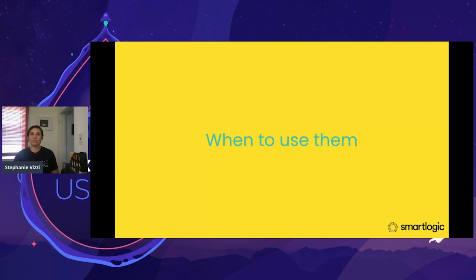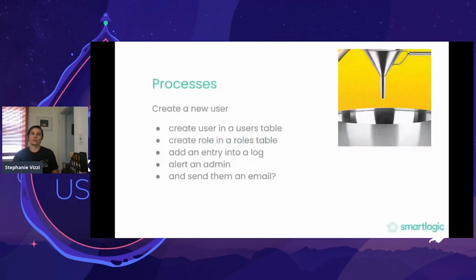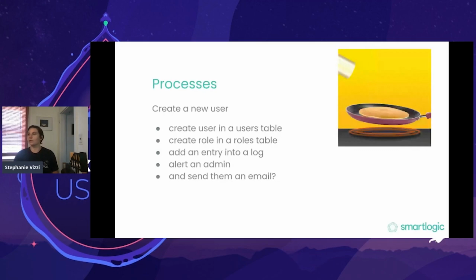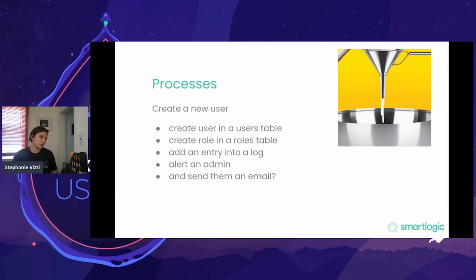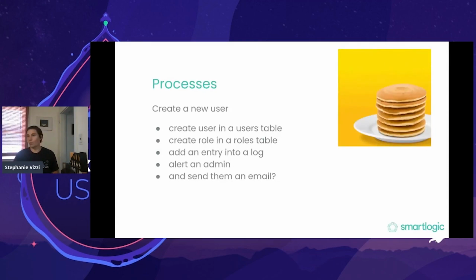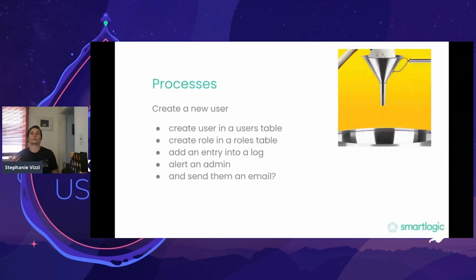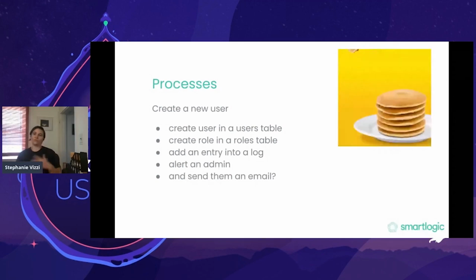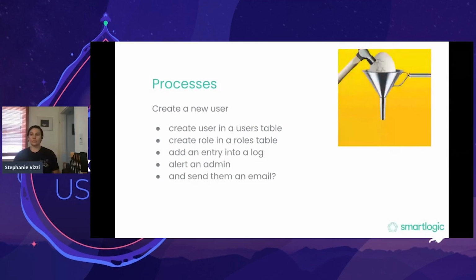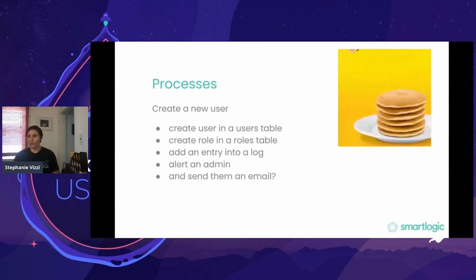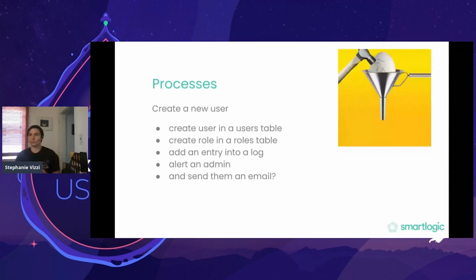When to use them, for example. Essentially, they're used a lot around processes. If you have something like creating a new user where you're doing several things at once, this is prime time for Ecto Multis. You're going to create a user, give them a role, do some other stuff, put them in a log or send out an email or whatever. If there's a lot of things wrapped around